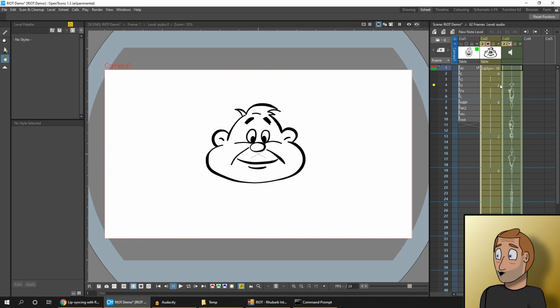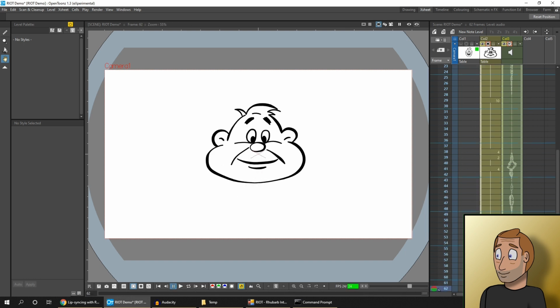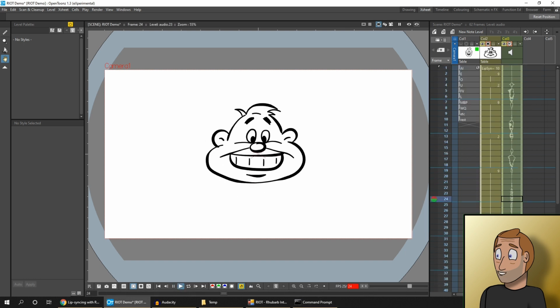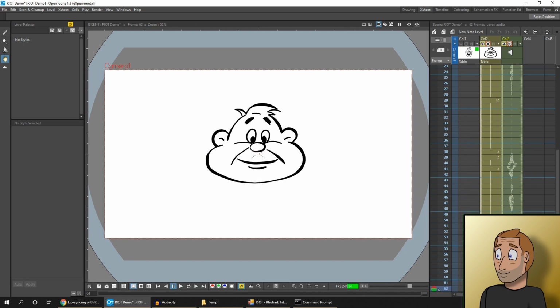And hopefully you can see that some of the mouth shapes do occur at points in time where the waveform changes. So we'll make sure that the soundtrack button is selected with it highlighted in yellow, and then let's click play. Testing, testing, 1, 2, 3. So you can see that the mouth shapes are approximately in time with the audio, but they'll need a little